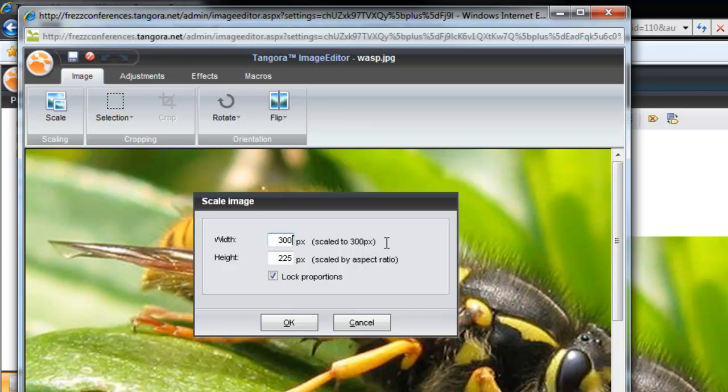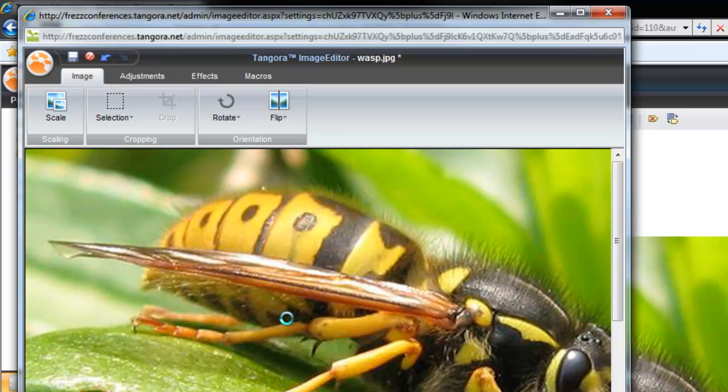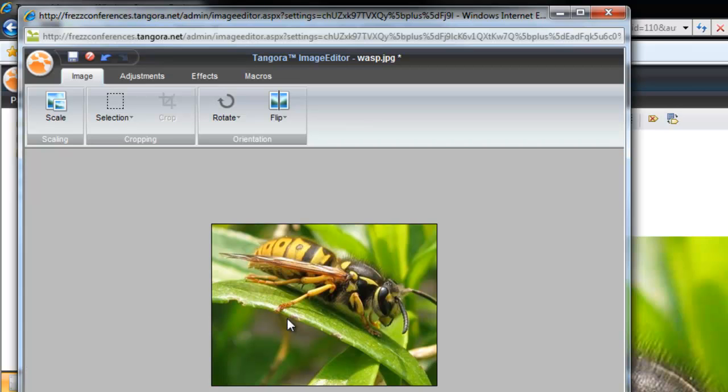When you're working with the web, by the way, you'll have to get used to thinking in pixels, which is an absolute dimension that can, however, be represented in various sizes depending on your visitor's device or browser. But as you can see here and in various other contexts in Tangora, you can see the results before you publish your content, so you'll never be left guessing.